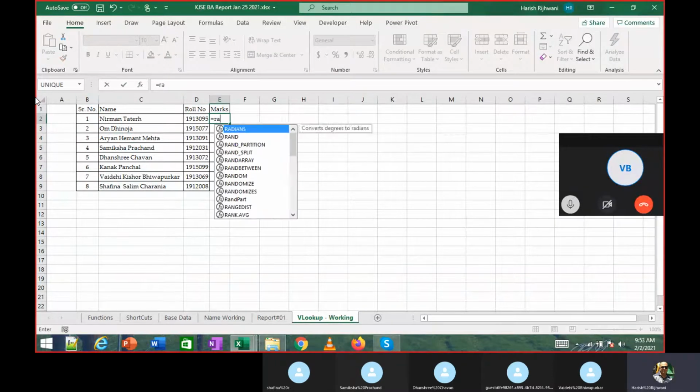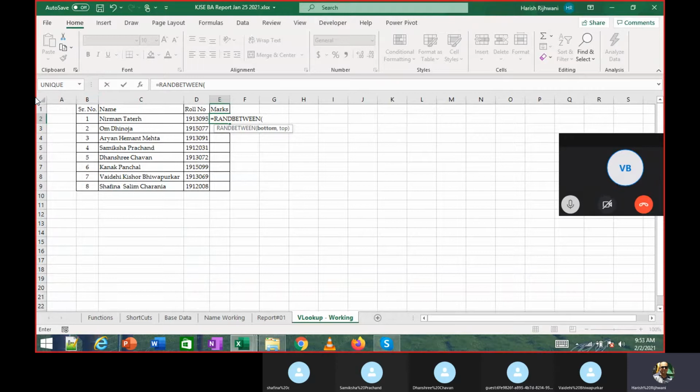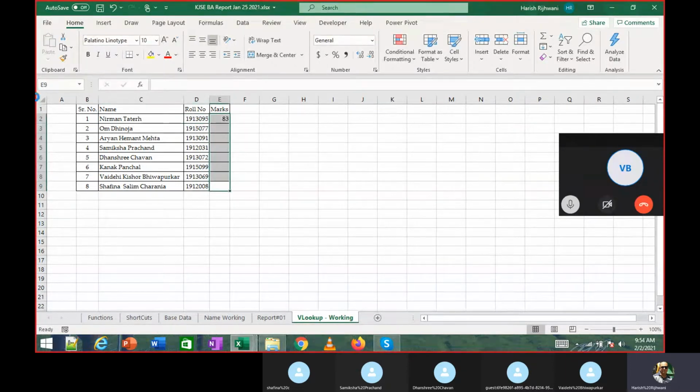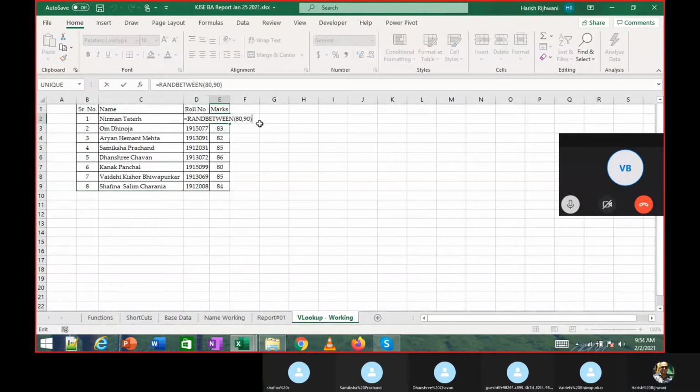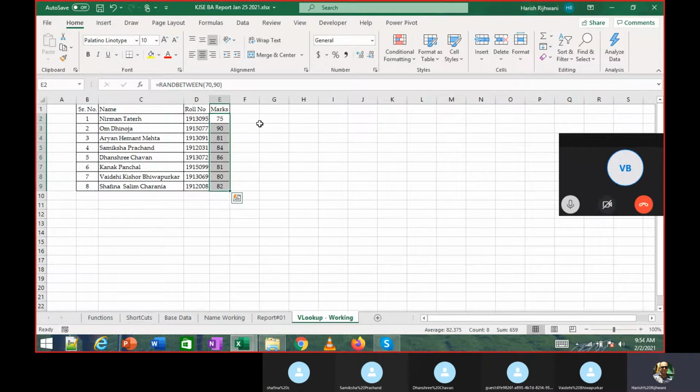Okay. So there is another function called RANDBETWEEN, wherein I can type a number range. I'll get a number between 80 and 90. If I want a random number between that, I can do that. Let's say I make it 70 to 90. Don't worry about the marks, these are random numbers.